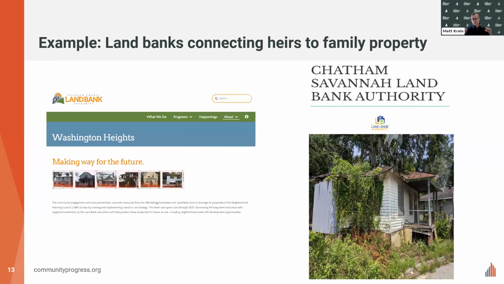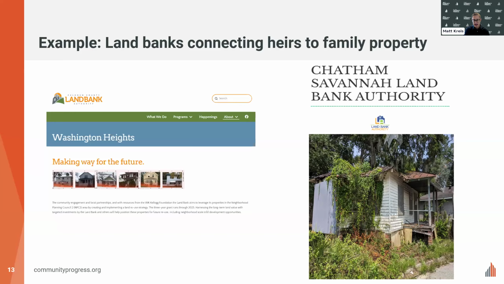Land banks are also playing a really important role as they realize that their inventory is a concern. Land banks, again, as a reminder, are most often quasi-governmental entities, usually created pursuant to state statute. Their job is to acquire, manage, and dispose of a lot of vacant and abandoned properties so that those properties can stop being such a harm going forward and can be put back to productive use in line with a lot of what the community wants. But what a lot of these land banks also realize is that a lot of their inventory, which usually comes from the tax foreclosure pipeline,